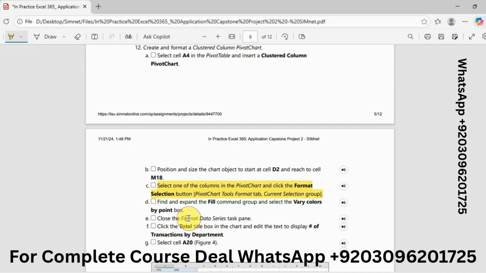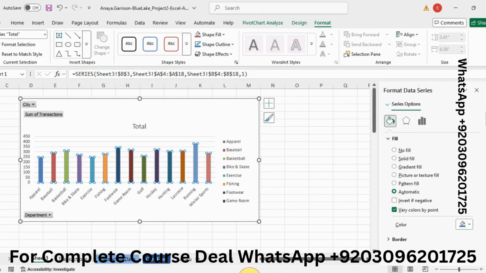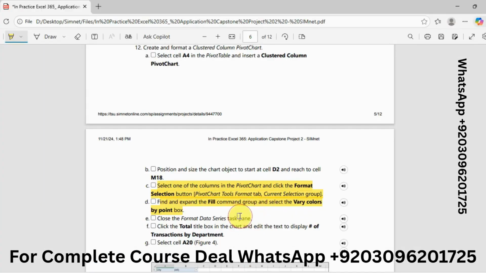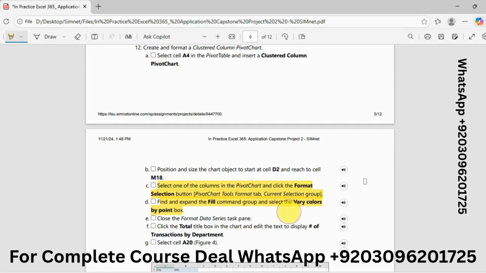And now click on this one. This one is vary colors by point. So click on this, check the box of vary colors by point. So now close the format data series task pane. So close this, and now